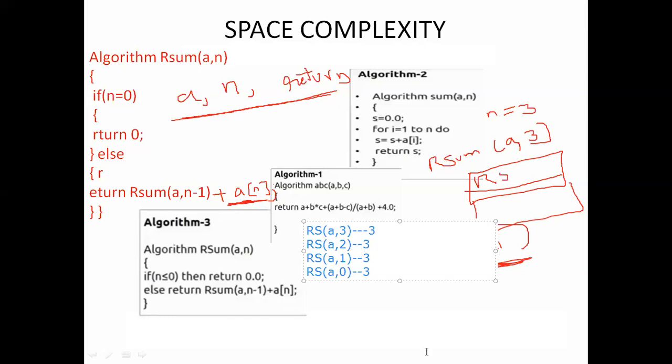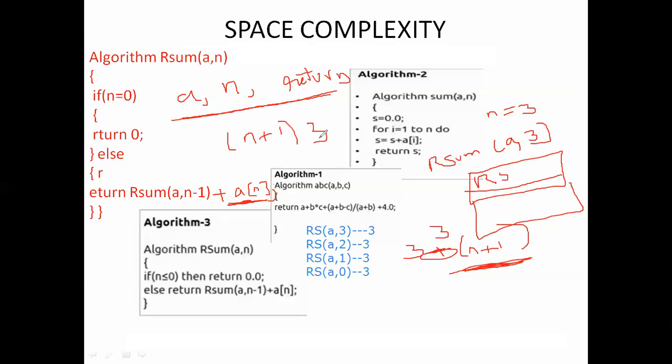So here the 3 is for the variables in each function. I already told you, each function we call these 3 variables.